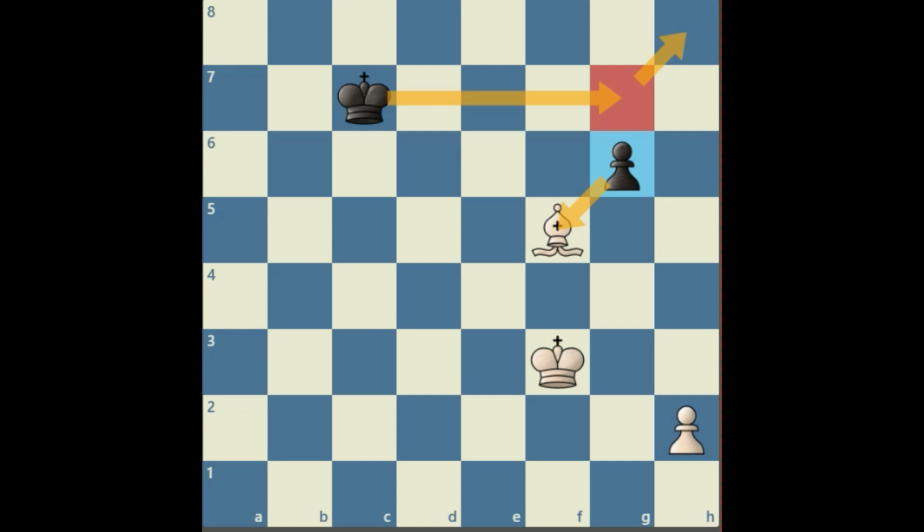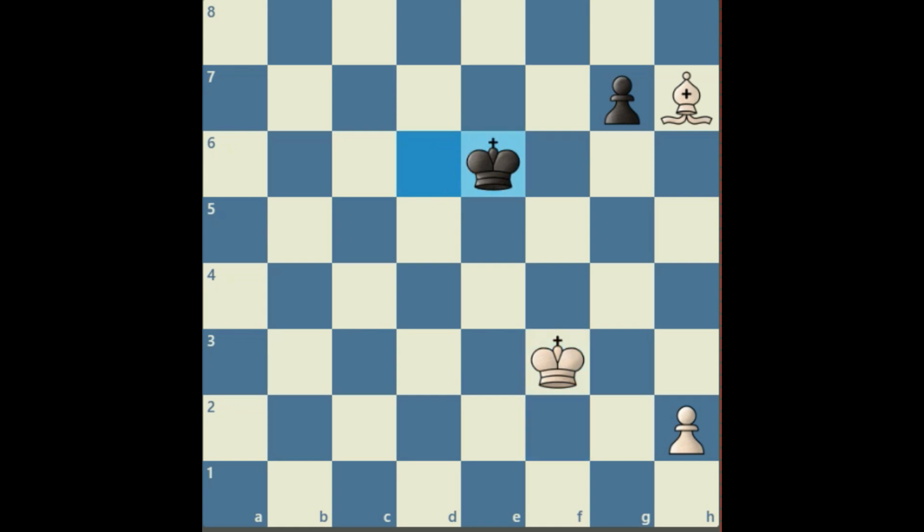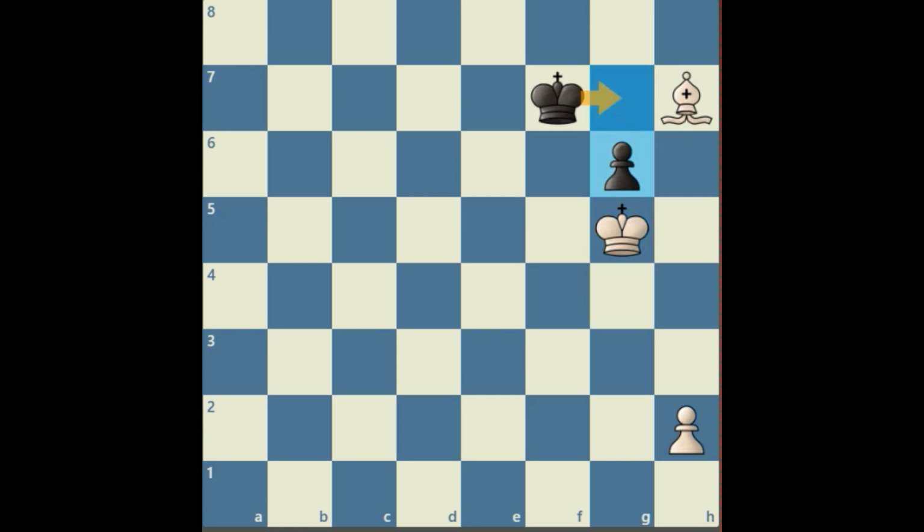So that's why it's very important to play bishop h7, and after that king d6. Here white takes the pawn. After king e6, king g4, king f7 is played, and as you can see, the bishop is in its correct square. It is guarding both g8 and g6. So here white simply plays g5, king g5, and after black pushes the pawn,